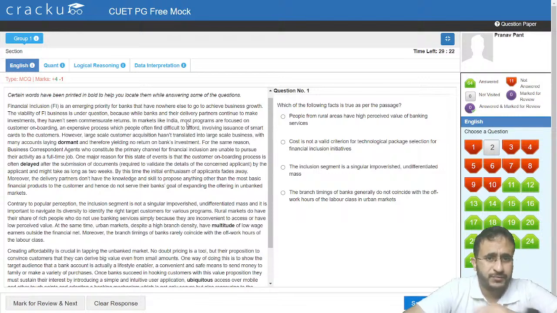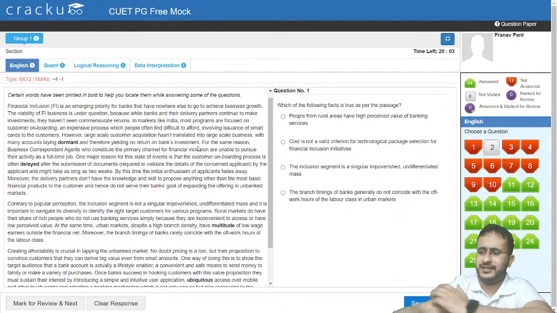In markets like India, most programs are focused on consumer or customer onboarding, an expensive process which people often find difficult to afford, involving issues of smart cards to customers. However, large scale customer acquisition hasn't translated into large scale business, with many accounts lying dormant and therefore yielding no return on bank's investment. So basically, it says that in India, the main challenge is to open bank accounts,